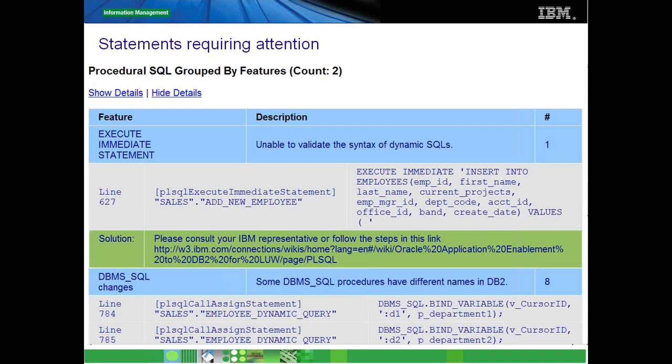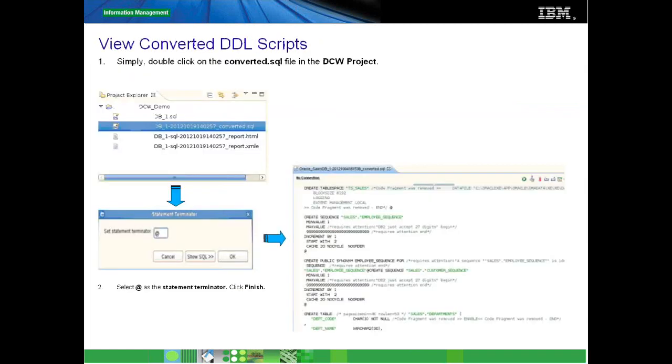So what you need to do is consult an IBM representative or look at the workaround which is given on one of the wiki pages. So what we are doing is we are not trying to isolate the entire function, but within the function, the right statement which needs to change. And it also shows where to look for information and how to change that. So the solution is already provided. All you need to do is go to the right website and find out what the answer is and then fix it. So it should be a matter of a couple of minutes for you to do that, right?